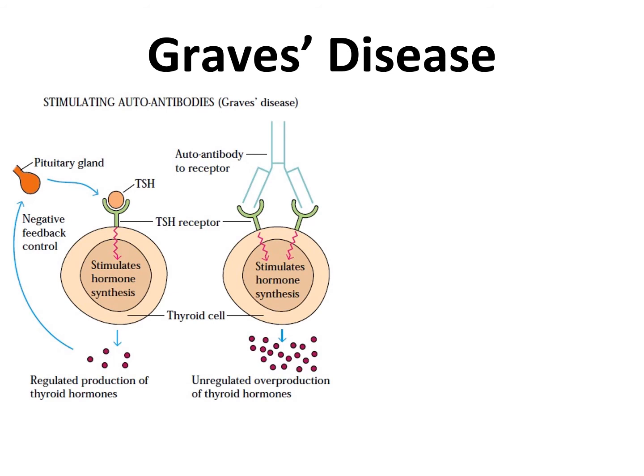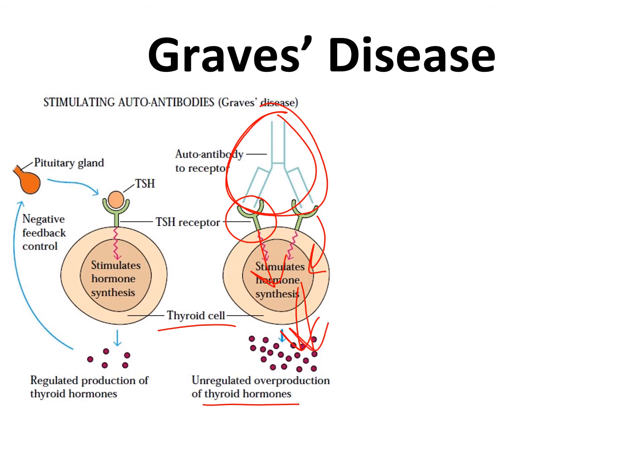Graves' disease is another example of a cytotoxic autoimmune disease. In this case, the antibodies are stimulating cells to overproduce thyroid hormones. This occurs in the thyroid, and the antibodies bind to the receptors on the thyroid cells, overstimulating the cells so that they produce excess thyroid hormones. So Graves' disease is a type of hyperthyroidism. And again, the antibodies are not killing the cells, they're just overstimulating the cells to produce more hormone than they